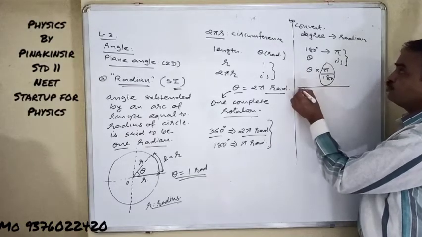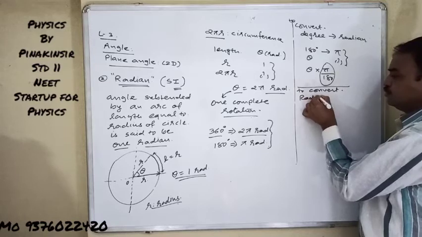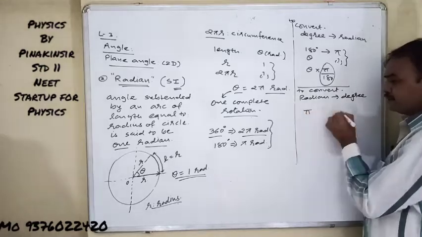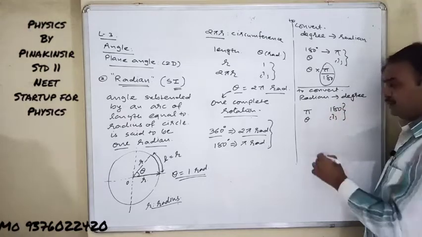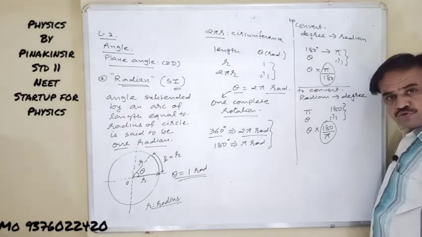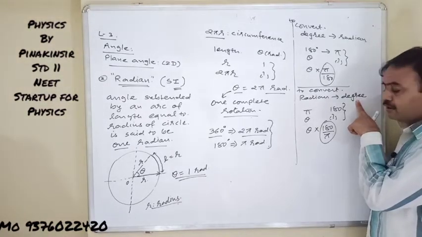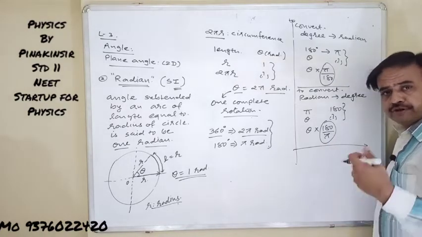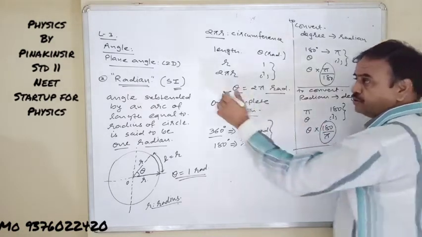Or if you want to convert radian into degree, then the reverse triple product is there. Pi radian gives you 180 degree. Then for given angle, what will be the measurement? It is theta multiplied by 180 by pi. What does it mean? If you want to convert radian measurement into degree, just you have to multiply that given angle with 180 by pi. Thereby you can convert from degree to radian or radian to degree. Mind well, in calculation, in numericals, we have to use this unit only.